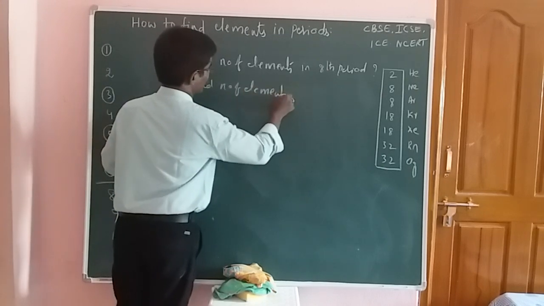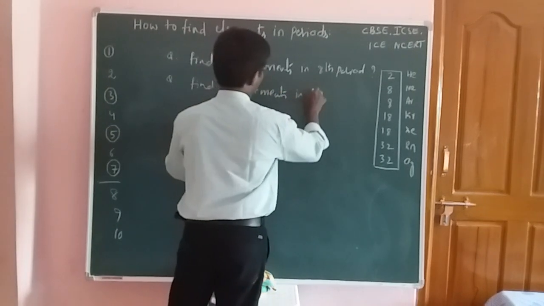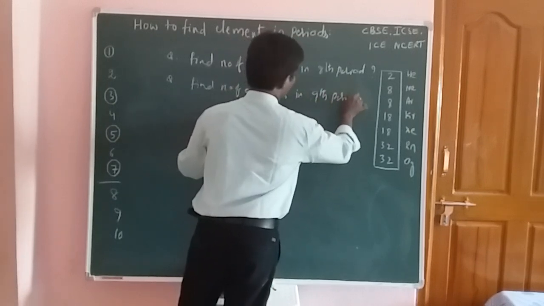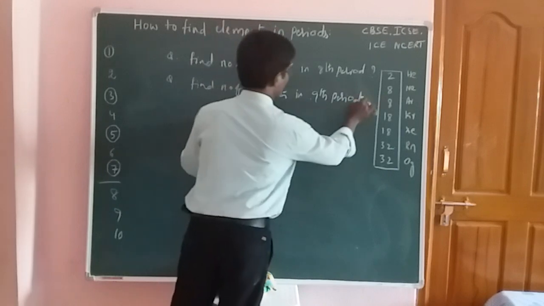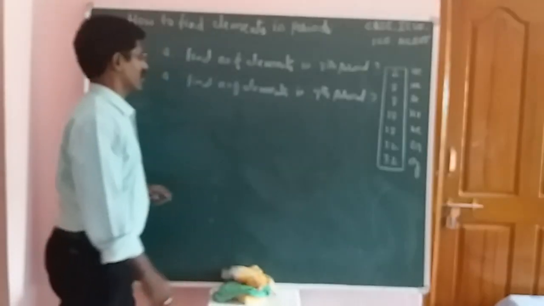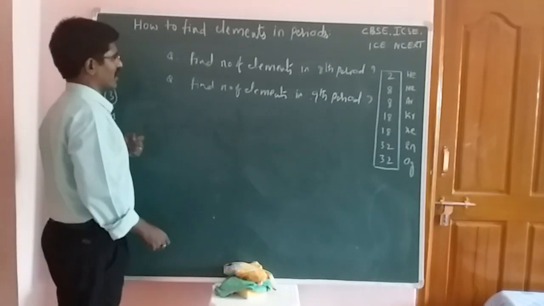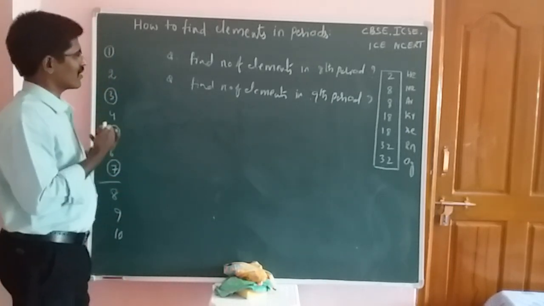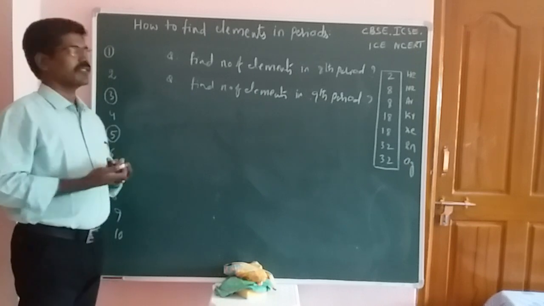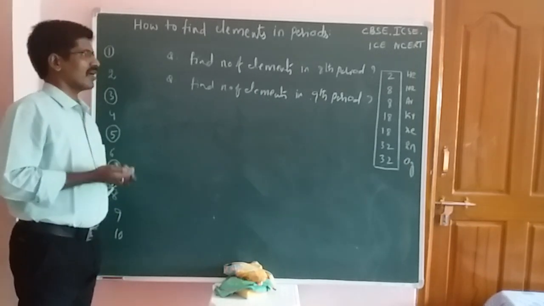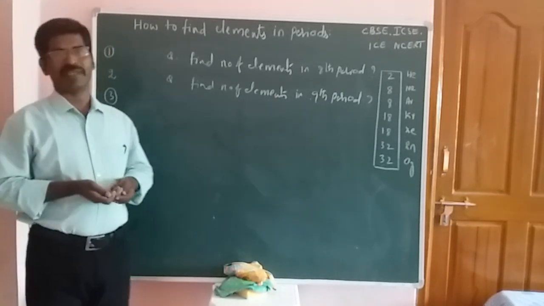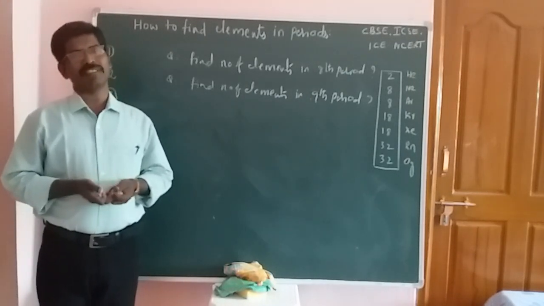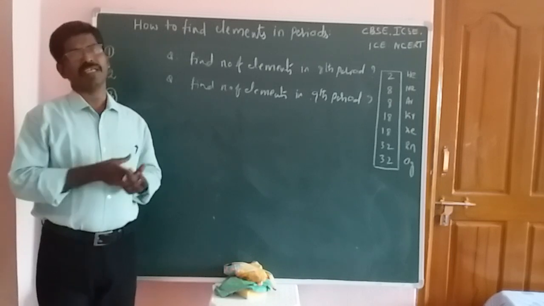elements in the ninth period. If we had a ninth period in the periodic table, simply we assume that. Now we don't have a ninth period or anything after the eighth, but we can assume if we had the eighth, ninth, 10th periods. So simply you have to find out how many elements are present in the eighth period, how many in the ninth period, and how many in the 10th period by using the above formulas.